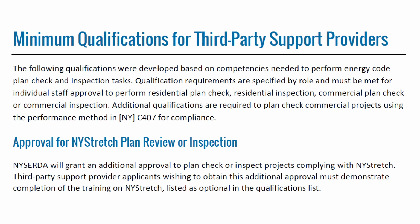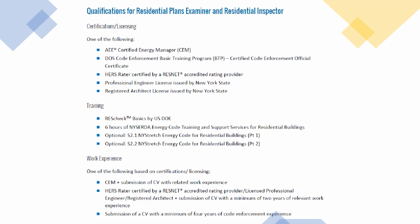To become a third-party support provider, qualifications must be demonstrated for each individual depending on the role they'll serve. The required qualifications differ for the following roles: Commercial Plans Examiner for Prescriptive Compliance Path, Commercial Plans Examiner for Performance Compliance Path, Commercial Inspector, Residential Plans Examiner, and Residential Inspector. Additional training is required for all of these roles to be approved for plan checks and inspections for projects complying with New York Stretch. The qualification requirements include certifications or licensure, completion of training, and related work experience for each